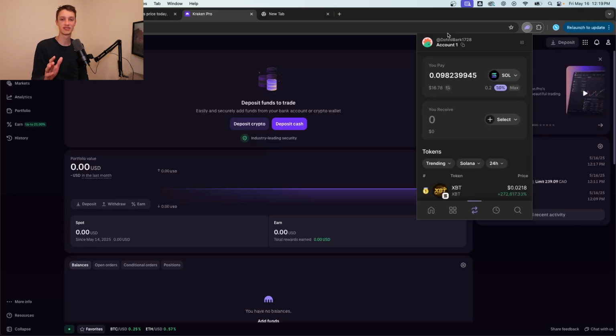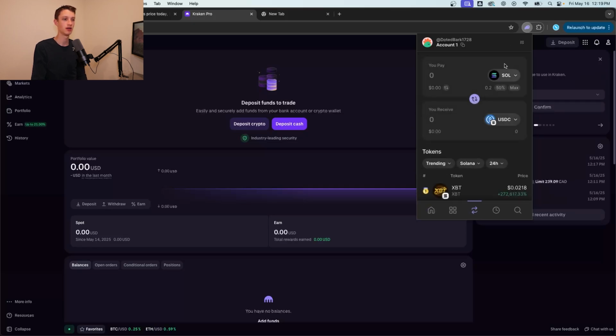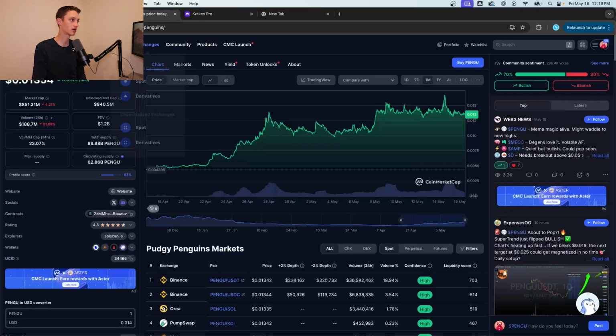All right, so we're almost there, but the last step will be swapping our Solana for PENGU tokens. Now, there's a couple ways to do this that I'll show you here. The first way would be from the home of your Phantom wallet. We'll just go swap. It'll have our Solana here. Now we have to go get the Pudgy Penguins contract address. Is one on their site, and then you can also find it on CoinMarketCap. Just make sure this is the real Pudgy Penguins token, but we'll take this contract here and we'll just copy